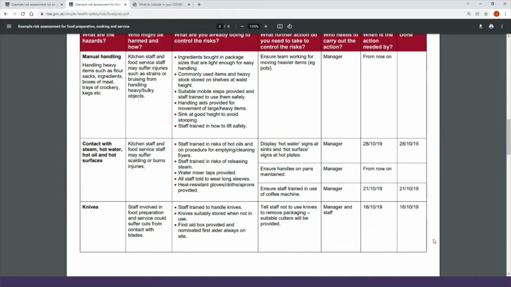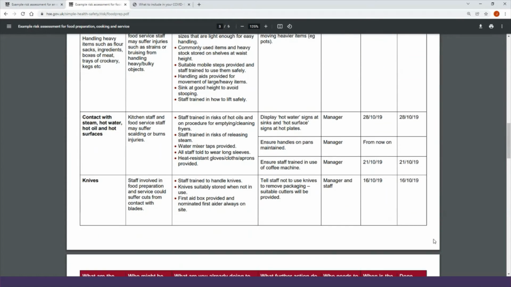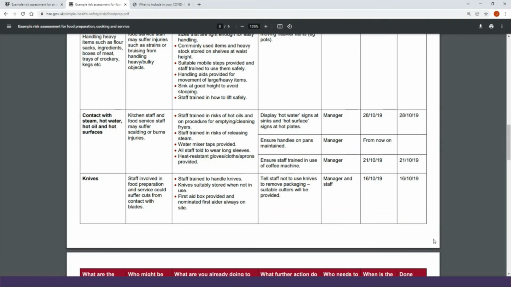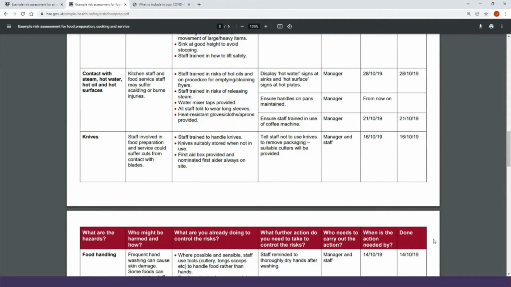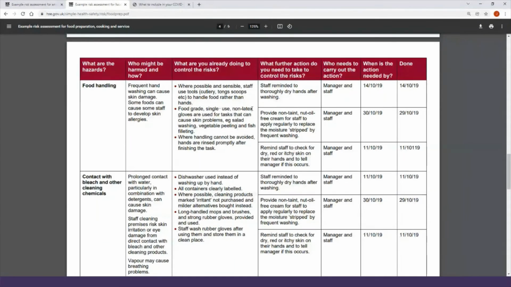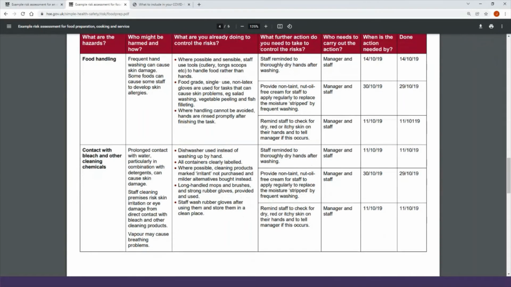So for example, if somebody is boiling a vat full of meat or vegetables, and also hazards associated with knives. As we move on to the next page, you'll see the hazards of food handling and what controls are required there, contact with bleach and other chemicals,